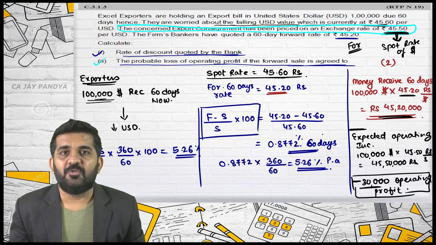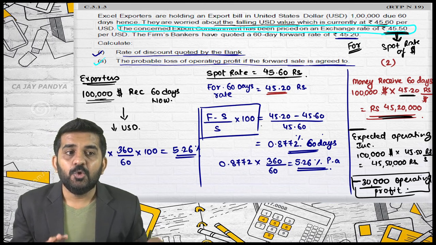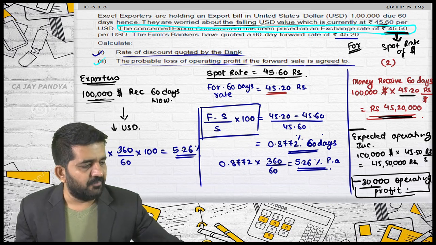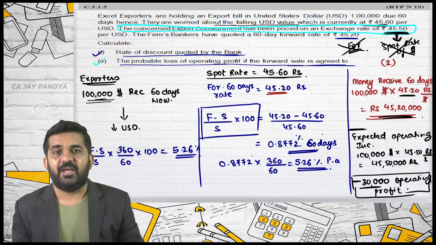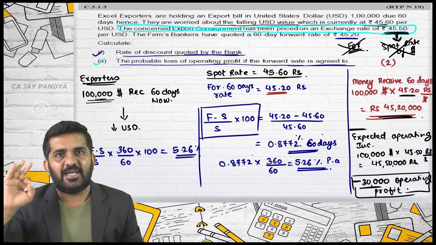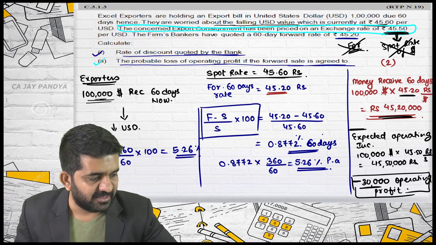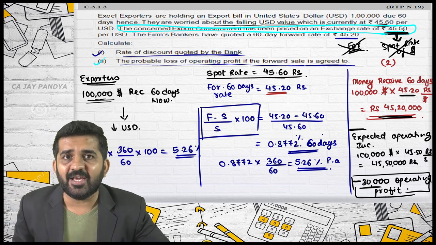Exactly, at which you converted your selling price just to find out what amount of rupees will be receivable. You thought that your dollar will be converted at this rate. This is neither the market price nor the forward rate. This was the rate which was in the mind of the businessman that my dollar will be converted at this rate. So he priced the product based upon 45,50,000.